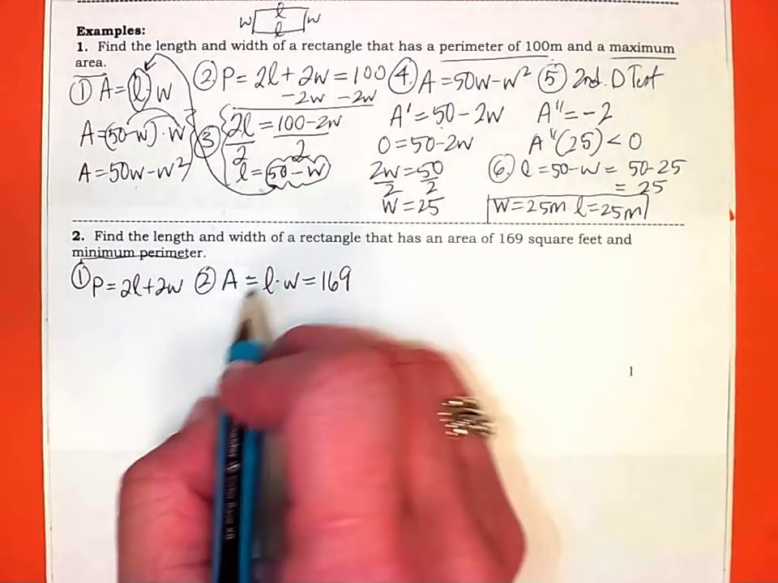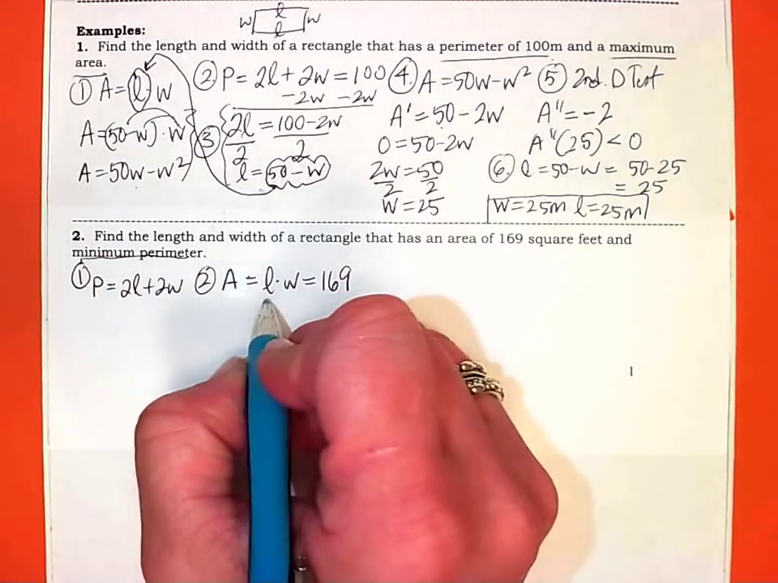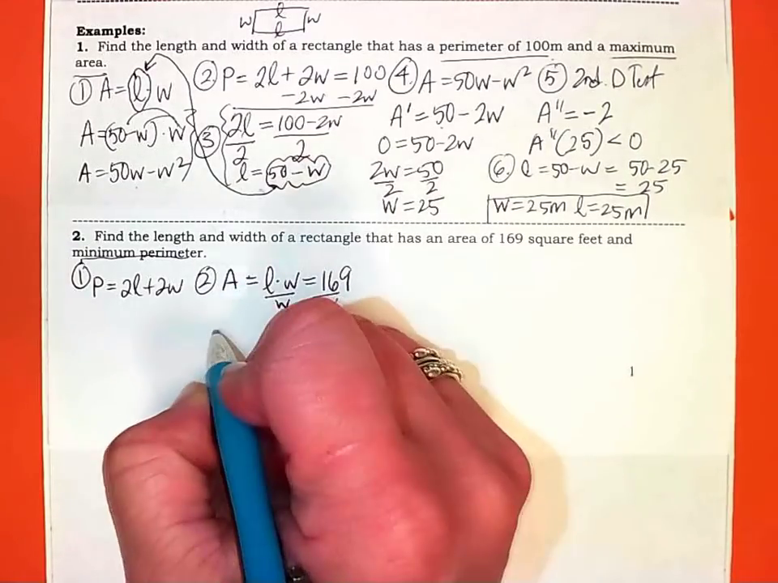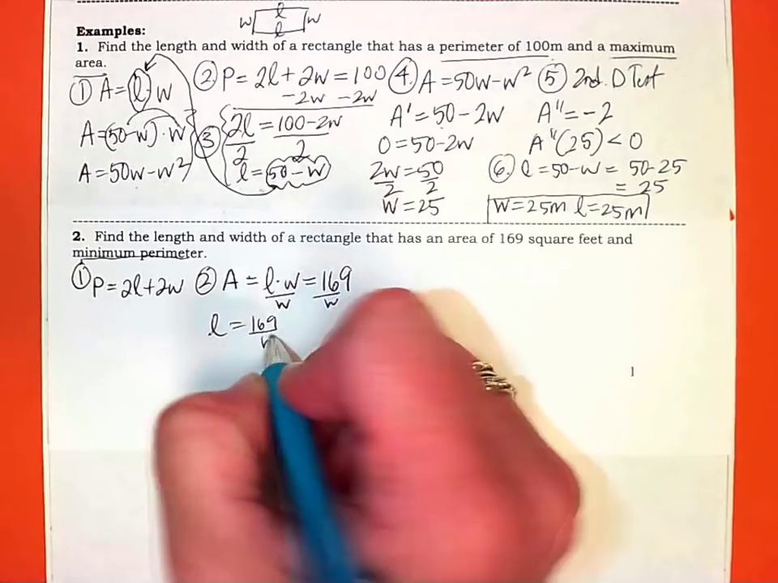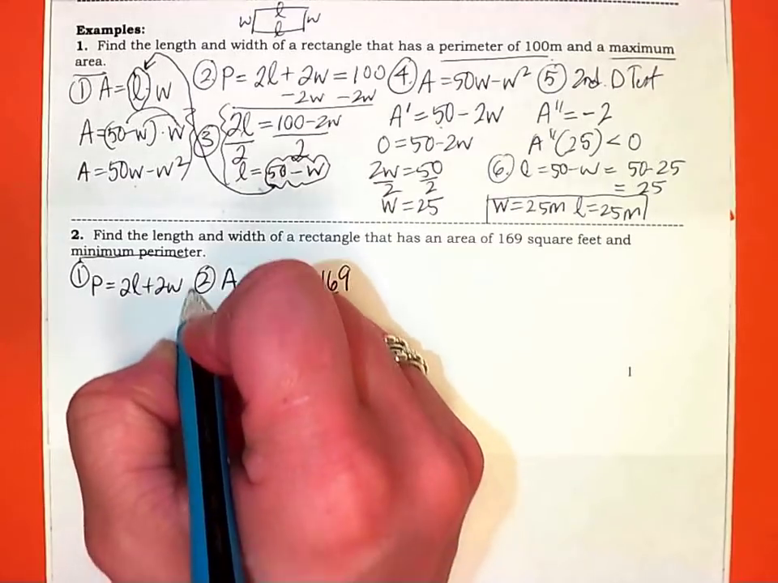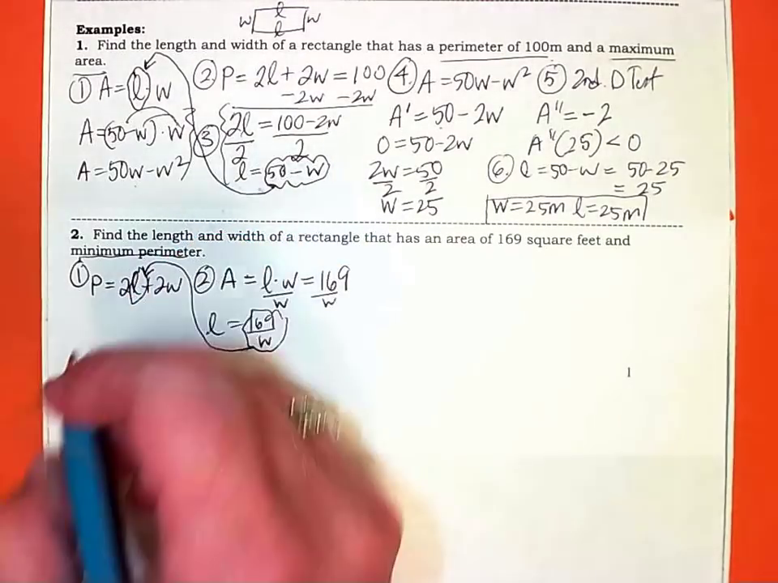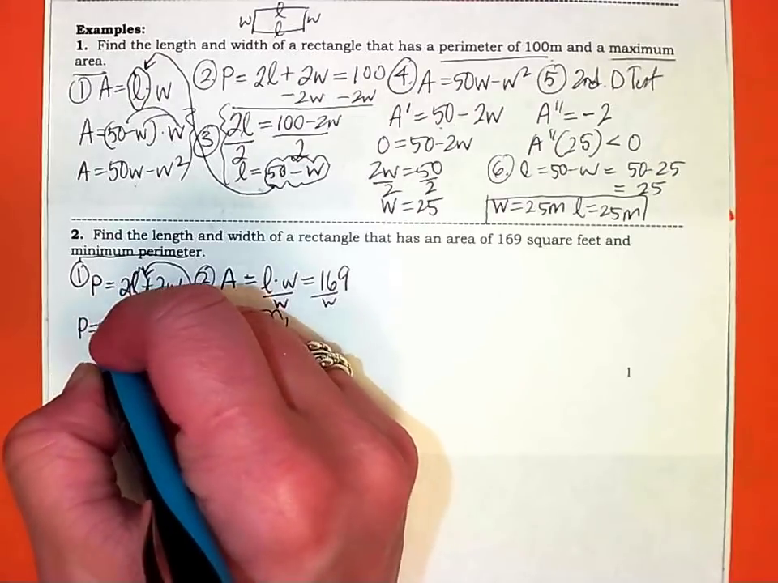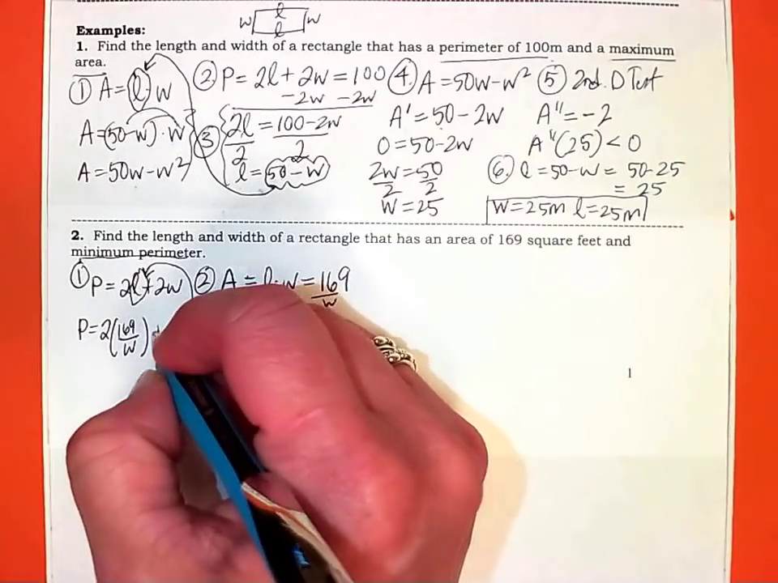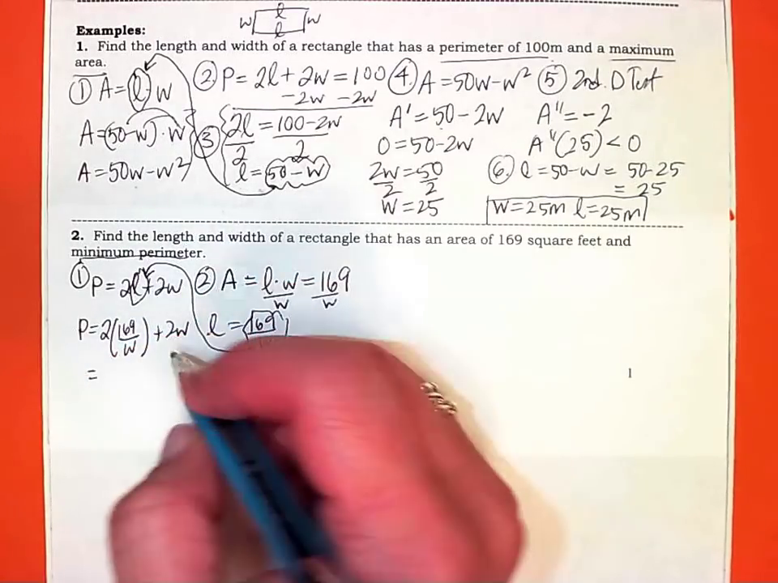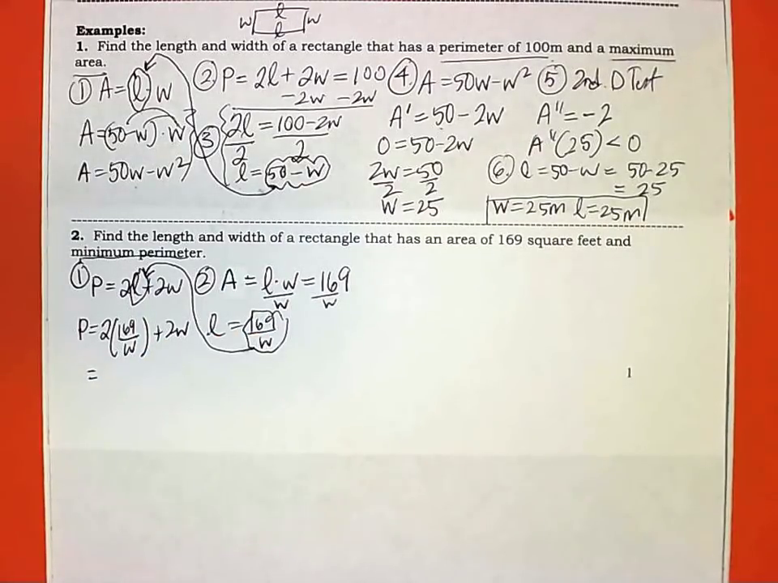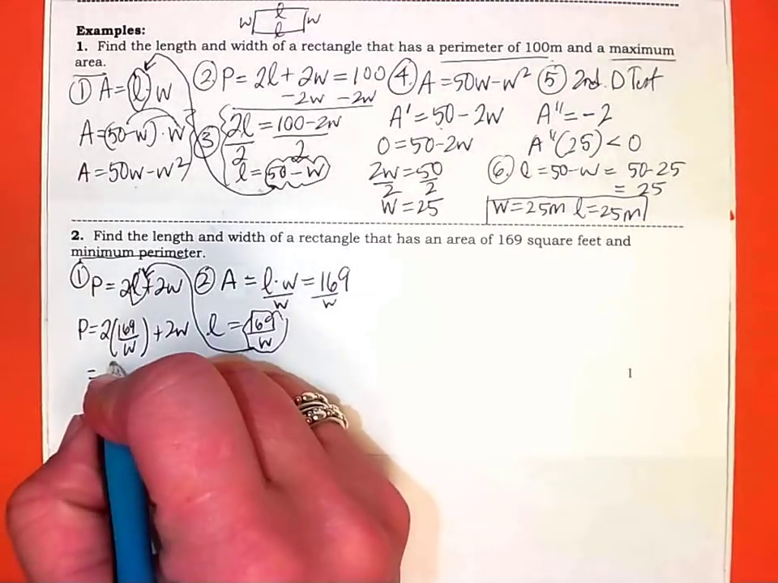So I do the same type of thing. I solve my secondary equation for one of the variables, and I'll be consistent like I did with the other one and solve for L. So I can just divide by W. And now I've got a substitution that I can put in place of L in the primary equation. So P is equal to 2 times 169 over W plus 2W, which is equal to 2 times 169, you may need to grab your calculators, 338